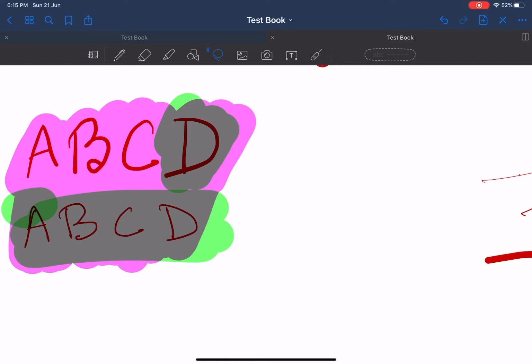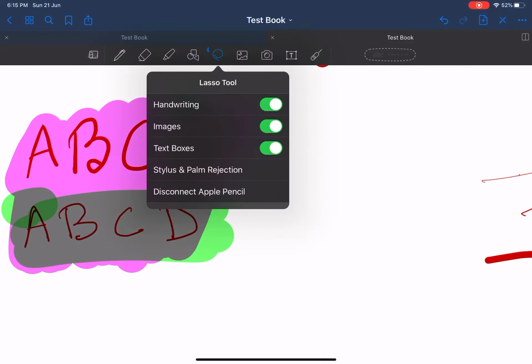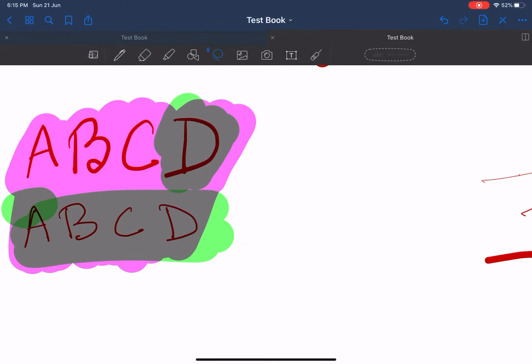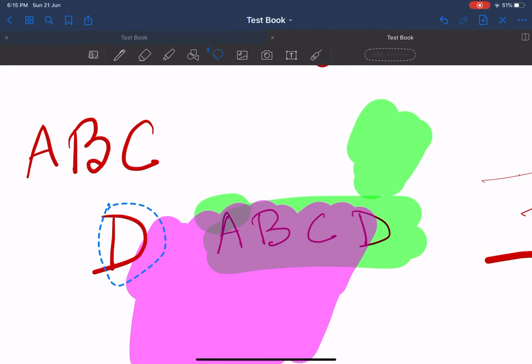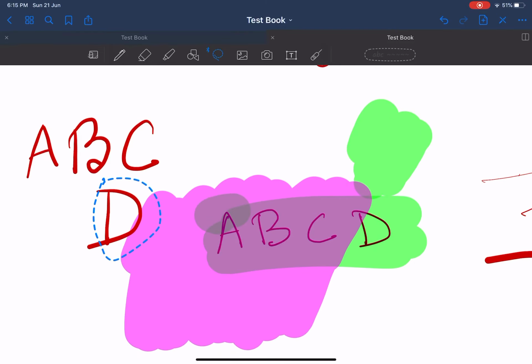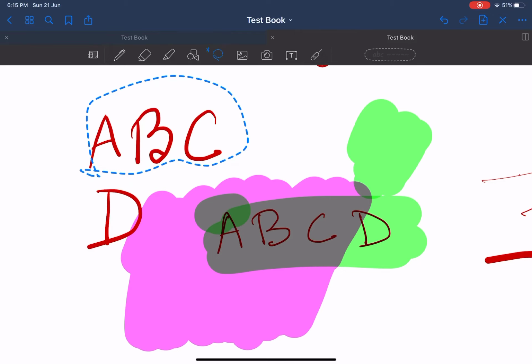Now if you want to resize or rearrange the writing, you can take this selection tool and just select, and then you can change the position of that writing. You can select it like this and change it. As this highlighter has already been selected, it's just moving with my words. But again, you can just change the position of that.